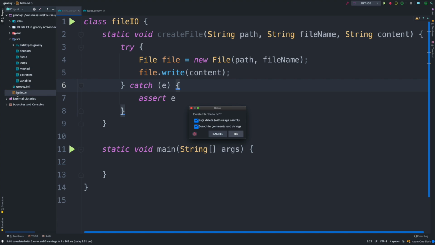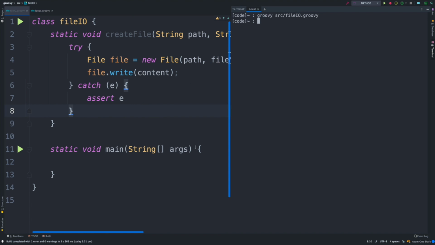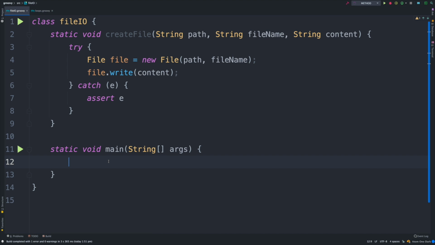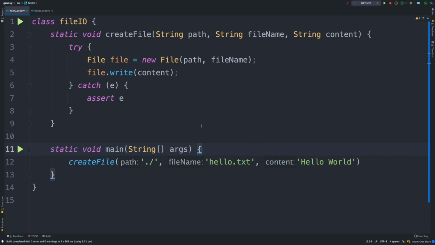I'm going to go to the File Explorer and delete the hello.txt file. And also I'm going to open the terminal. I'm going to run this code. But before I do that, I need to use this function to create a file. So let's do that. In our main method, I'm going to start by using the createFile function, and it will require three things: the path, file name, content. For the path, I'm going to simply use /, then the file name. Let's create the hello.txt file, and then the content we can just write hello world. Okay. I'm going to open the project browser, and I can see there's no file called hello.txt. Let's close that and then open the terminal.